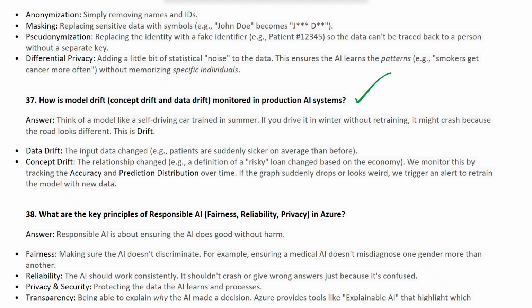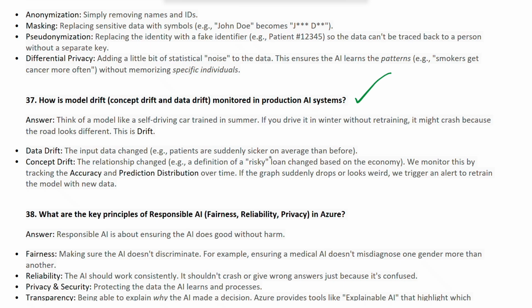Data drift is basically the input data has changed. Example, let's say the patients are suddenly sicker on average than before. So this is the data. And coming to concept drift, the relationship got changed. Let's say, for example, the definition of a risky loan changed based on the economy.